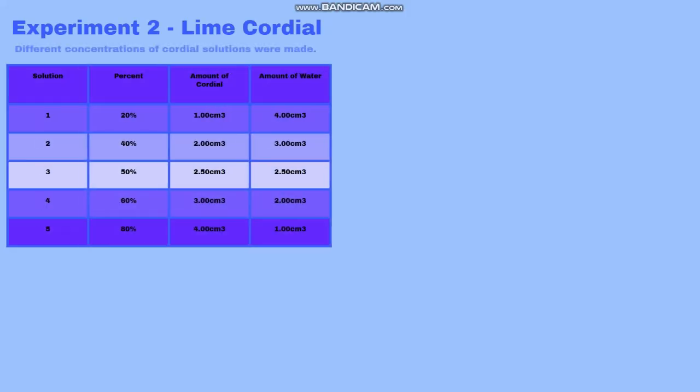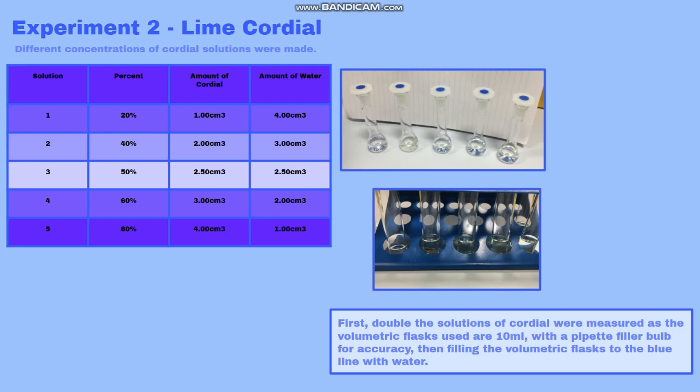When doing the lime cordial experiment, instead of having the solutions ready-made, this time we would have to make up the different concentrations of solution before running them through the spectrometer. So for this experiment, we first doubled the solutions of cordial that were measured, as the volumetric flasks that were used were 10 millilitres, while it called for a 5 millilitre